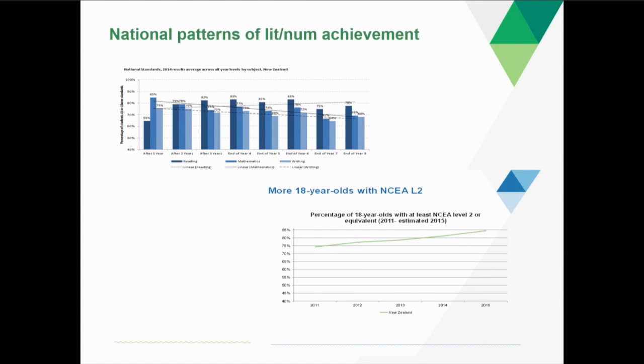When we look at the information that's provided to us, I've just pulled a couple of snapshots down here. The top slide is our National Standards data. I know the print's a little small, but essentially what it's showing is that over years 1 to 8, so that's our 5-year-olds to our 10, 11, 12-year-olds, overall you're seeing a slight decline in progress and achievement. Now, we know that that pattern has been alive and well in the education system for some time. Our national monitoring study also tells us that there's a dip between years 4 and 8.